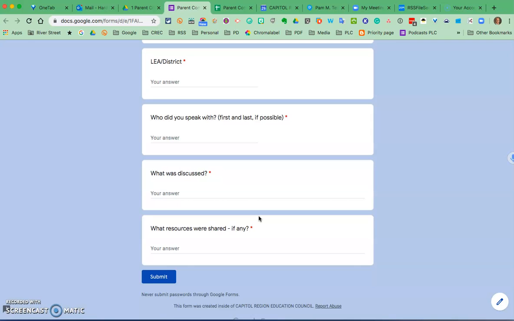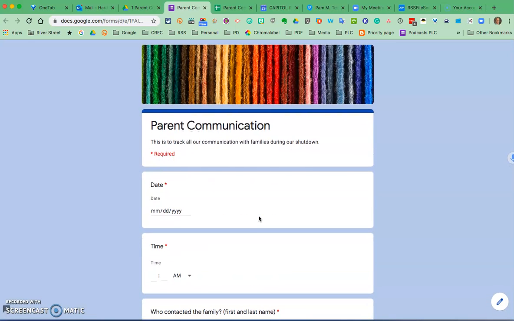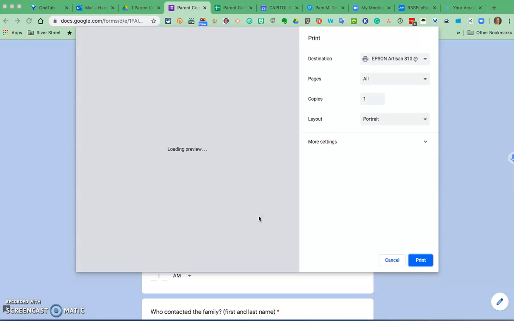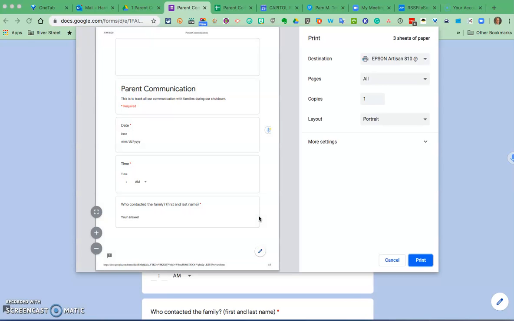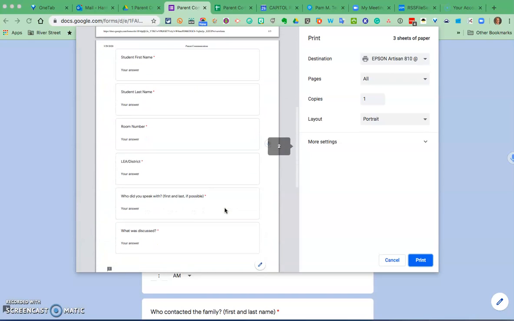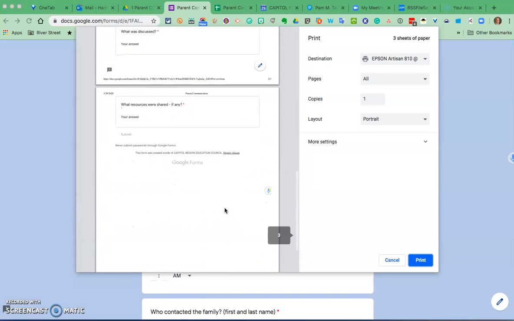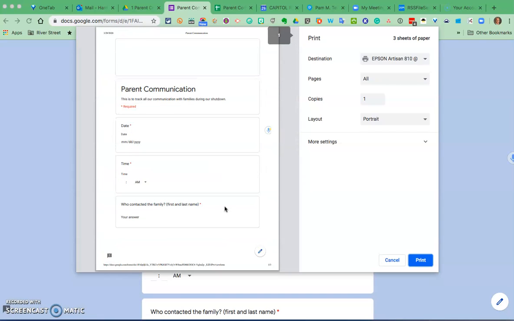And the easiest way to do that is after everything is filled in, if you just go to your print menu, so Command P or pull down file and choose print, you'll see that you have an option to print. It's a 3-page form. Once you fill it all in, you can print that information. You also, under destination, have other choices. You can save it to your computer as a PDF file